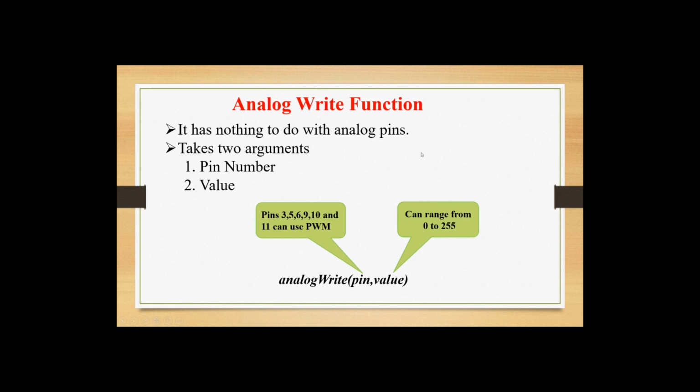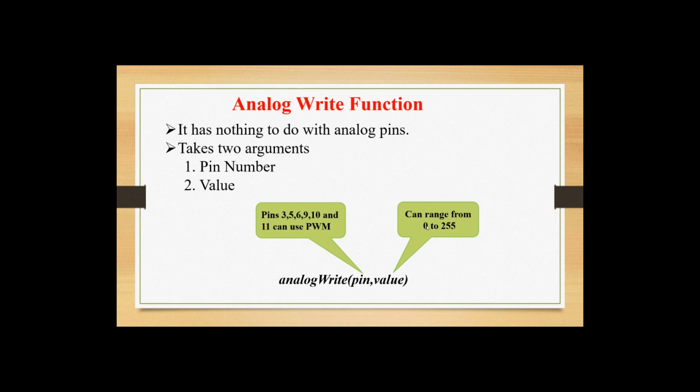When we want to control a microcontroller, we have to code it, right? In Arduino coding, for controlling these pulse width modulation pins, we use a function called analogWrite function, and it has nothing to do with the analog input pins. This function takes 2 arguments. The first argument is the pin: pin number 3, 5, 6, 9, 10 and 11. Whichever pin we connected in the circuit, that pin we have to write here. And the second is the value. The range of this value is from 0 to 255. It is because in our Arduino Uno board, the pulse width modulation pins have an 8-bit resolution.